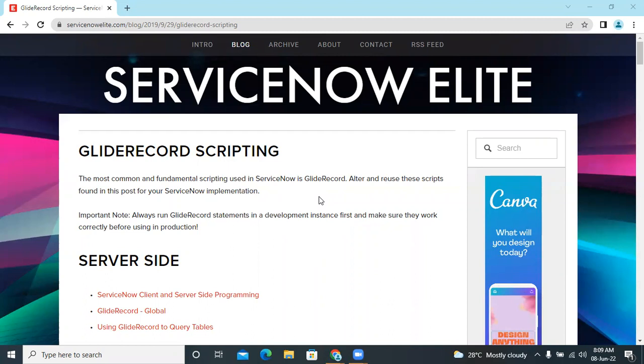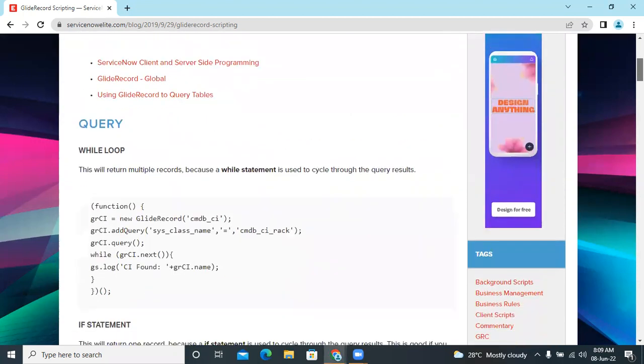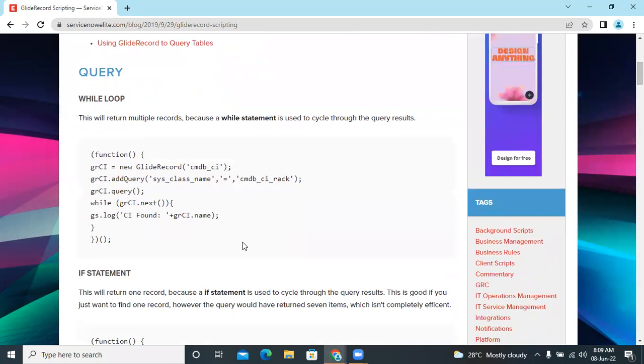So I'll let you know with GlideRecord what things we can do and how we can use GlideRecord differently, and after that I'll start with UI policies. Okay. Whenever we use GlideRecord for scripting, we use a while statement sometimes and an if statement sometimes. Whenever we are expecting more than one record and we want to loop through those records, then